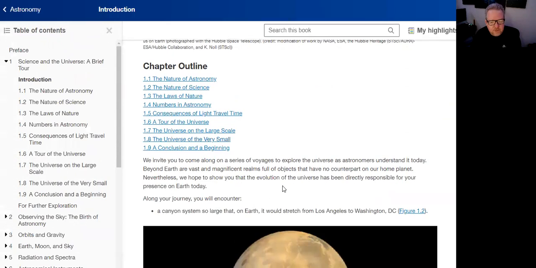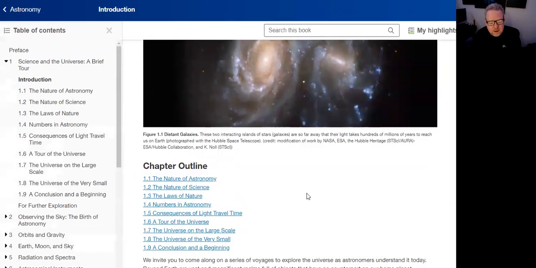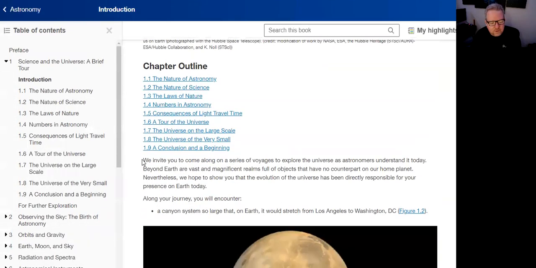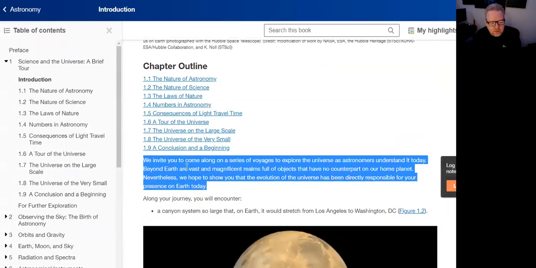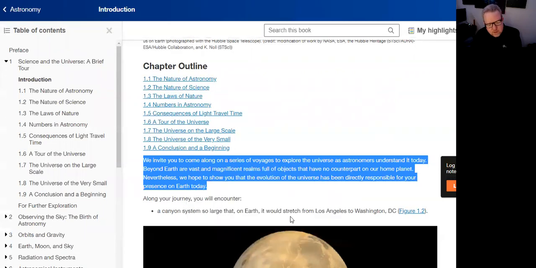And you can also get this to read it to you as well. Let's see. I actually use this reader, and you might try this. You can right-click on it here, and it looks like you can just go over here and say read out loud selected text. I'll put a link to this Chrome extension to allow you to